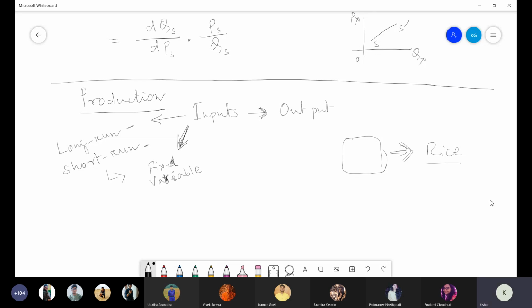For example, say I am talking about producing rice. In my production of rice, I am using 1 hectare of land. So this land is fixed in that process of production. The moment I define that 1 hectare of land is fixed here, because I am cultivating this land and I started growing rice here, in that particular production season I cannot change that land. If I am considering a production period of, say, 3 months, the land is fixed.